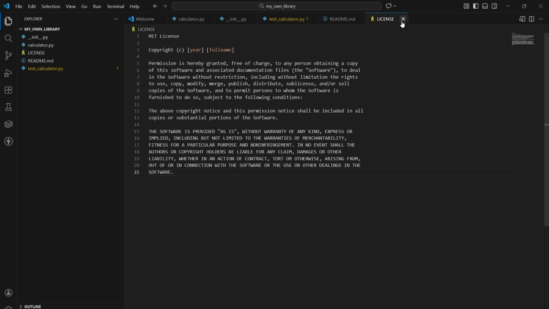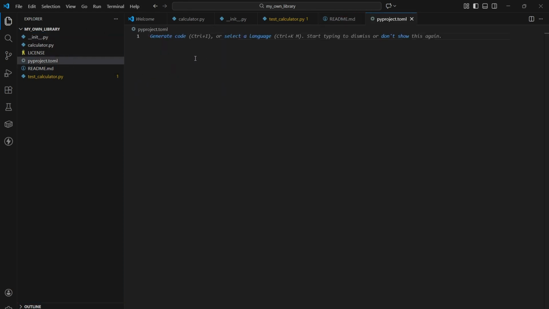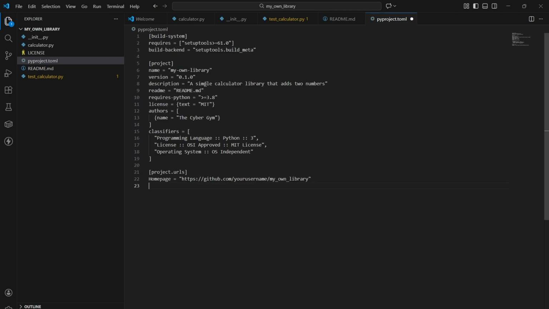Once we have created the license file, then close it and then we are going to create this file, pyproject.toml. So this basically stores all the configuration for our package. So here we will enter this text and we can safely remove the last one, project URLs. Some of these things are optional. Since we haven't uploaded this very basic project on GitHub, we can remove that and we do Ctrl S